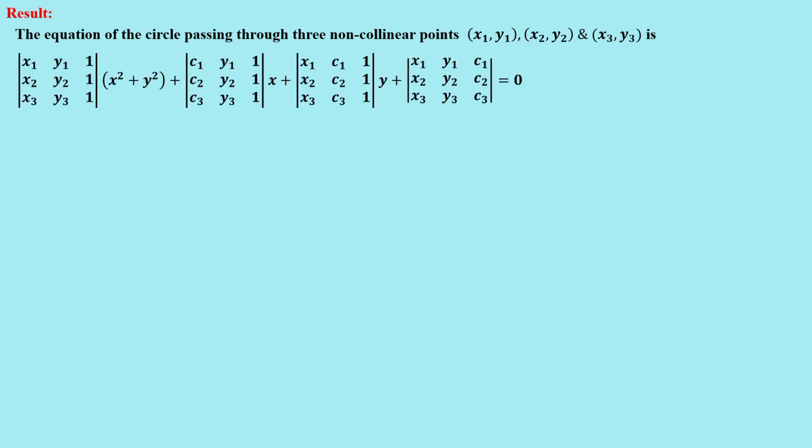Next, we are going to see some useful results. First result: the equation of the circle passing through three non-collinear points (x1, y1), (x2, y2) and (x3, y3) is